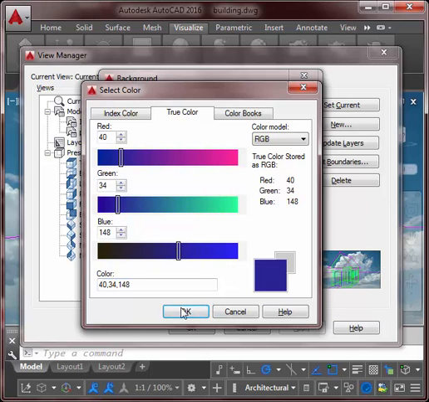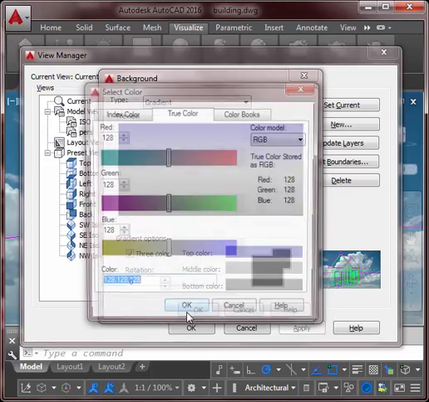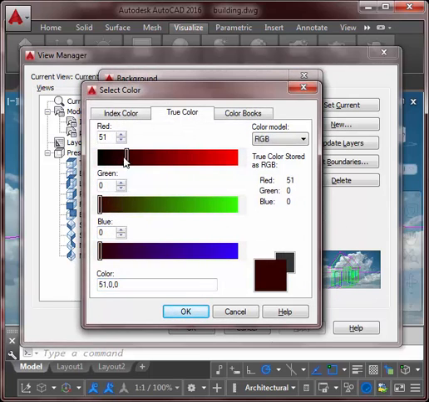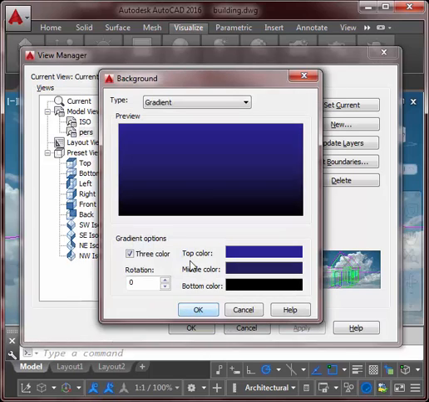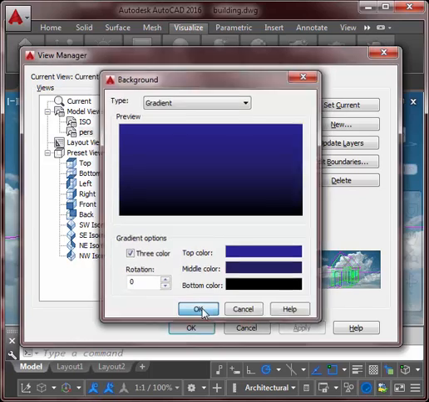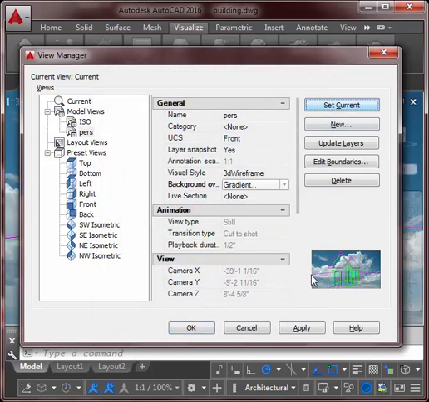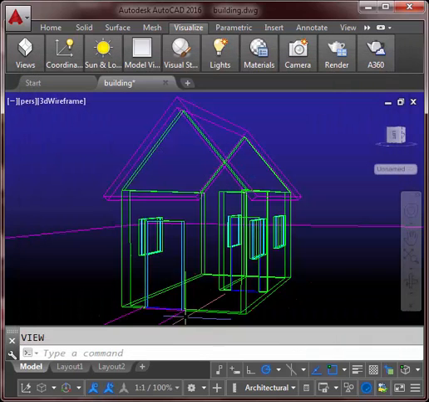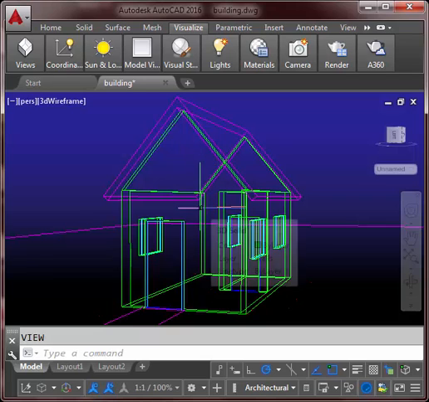I'm going to go from a twilight blue down to a darker blue, and then down finally to a black. This will give me a nice twilight gradient, like it's starting to get really dark out. Set current, apply, and you can see right in the preview how it's going to look. So you can see it's taking on a different tone already. Now if I render this,